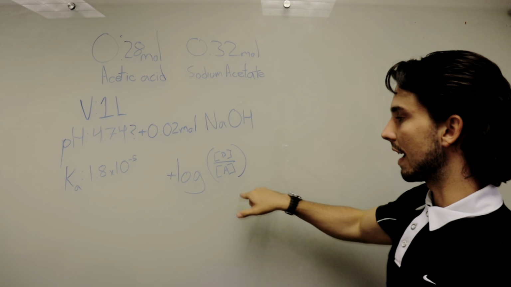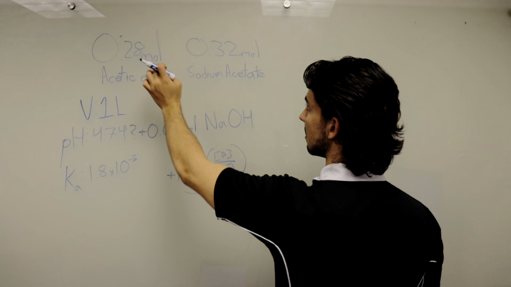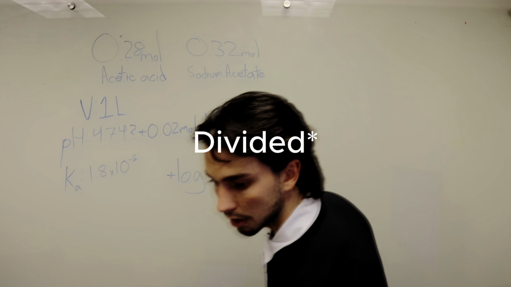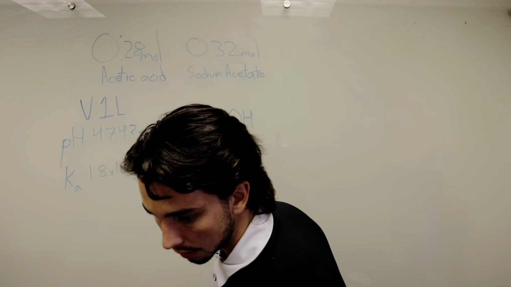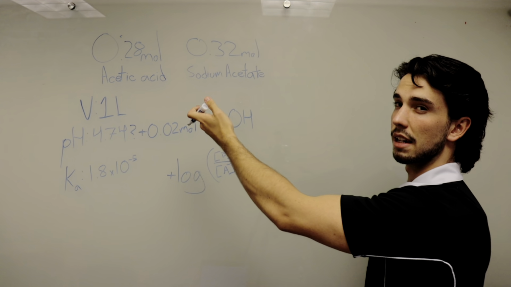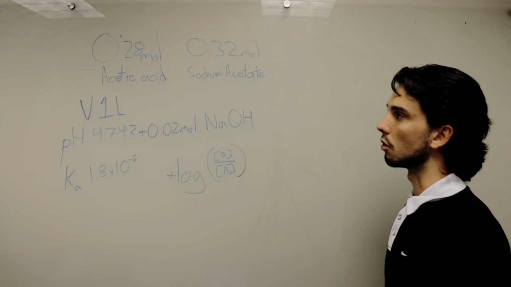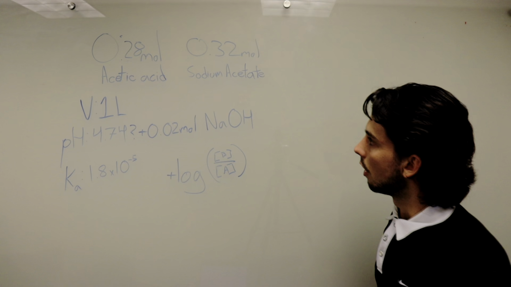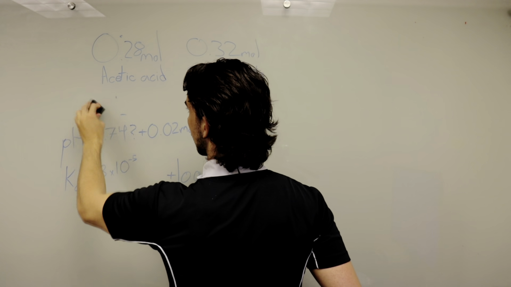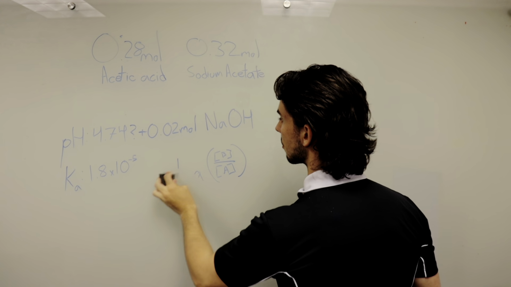So we still don't have the concentrations yet, but we know that the concentration is the amount of moles over the volume. If the volume is 1 liter, it's going to be the same: 0.28 moles in a 1 liter solution, so the concentration is going to be 0.28. This is kind of redundant since we're dividing by 1 anyways. So now that we have our values,